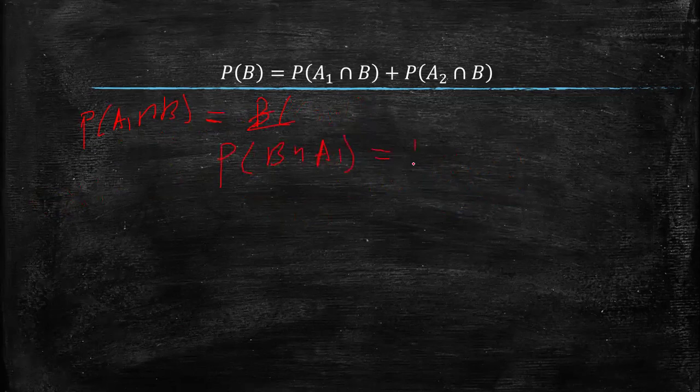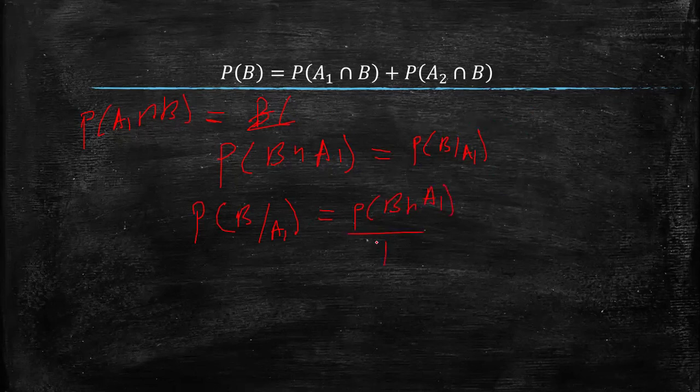And then we introduce the given. So B is happening because they have already happened. When we expand B given A1, this gives us probability of B intersection A1